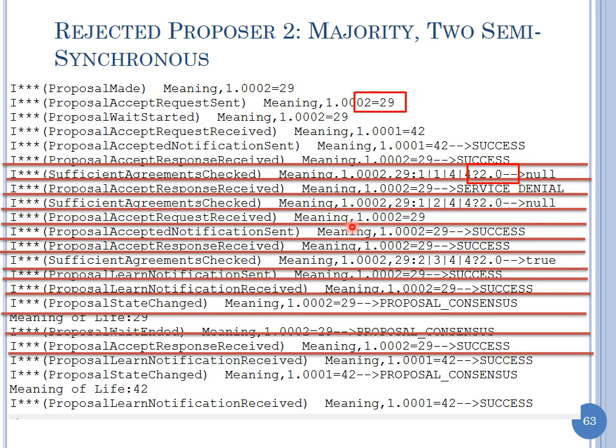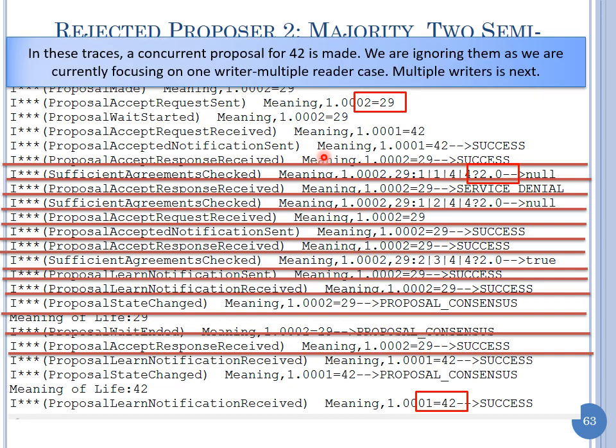Now I'm talking about the fact that there's this 29 value and this 42 value also, and they're both competing. I didn't talk about the 42 value, but things would get messed up, as you can imagine, if there are two proposers sending values at the same time. So in these traces, a concurrent proposal of 42 is made. We are ignoring them as we're currently focusing on the one writer, multiple reader case. Multiple writer